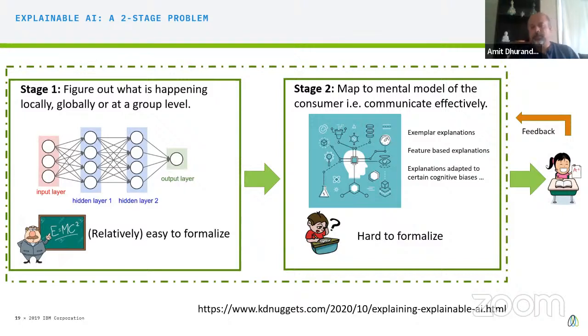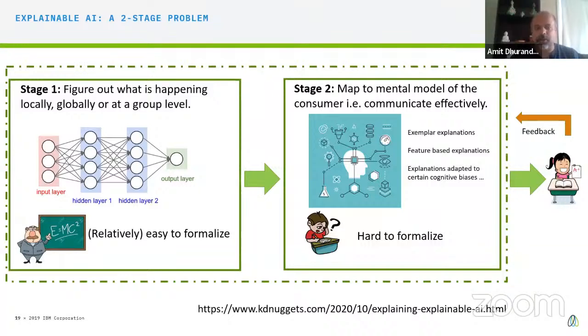So you need the second aspect of mapping to the mental model of the person trying to consume it as well. And then once you have that, there could also be a feedback loop where you try to optimize this two-stage procedure. But this is what most of the methods are trying to do: uncover things as faithfully as possible to what's truly happening, and then in the second stage, convey these aspects as simply as possible to some consumer that's actually interested in understanding these explanations. And as you can see, the first part is kind of easier to formalize,